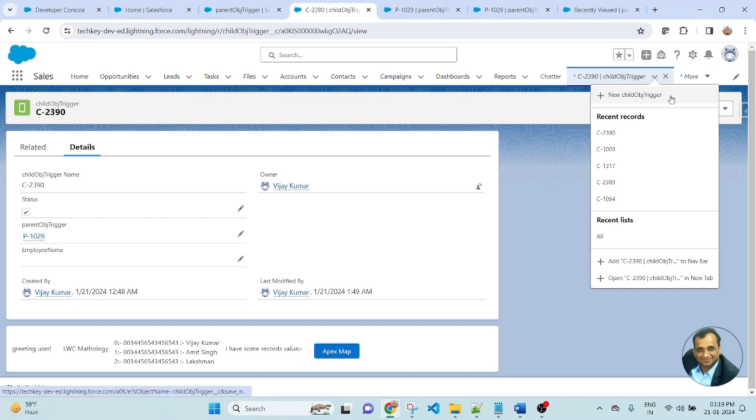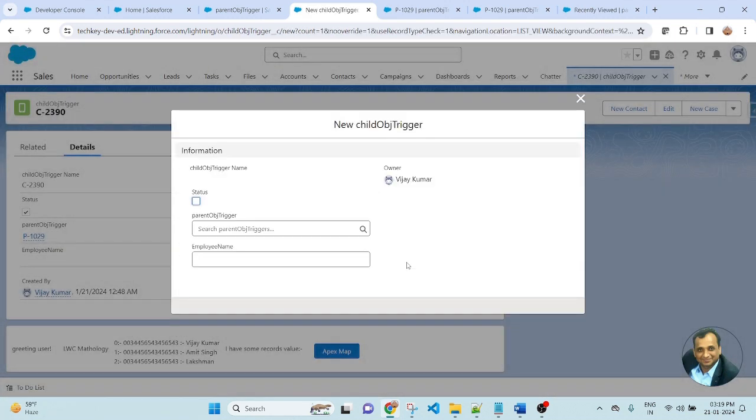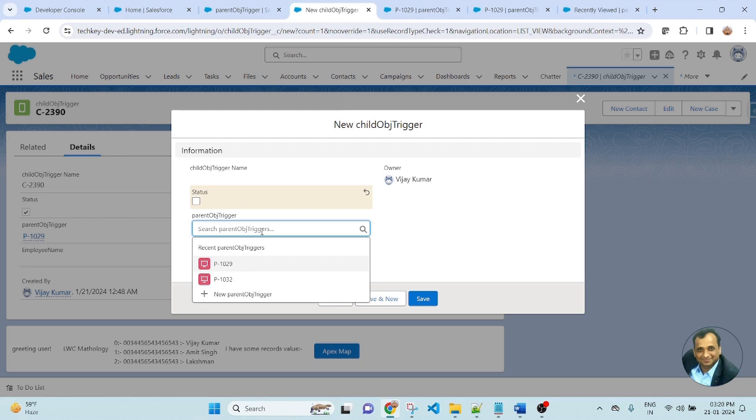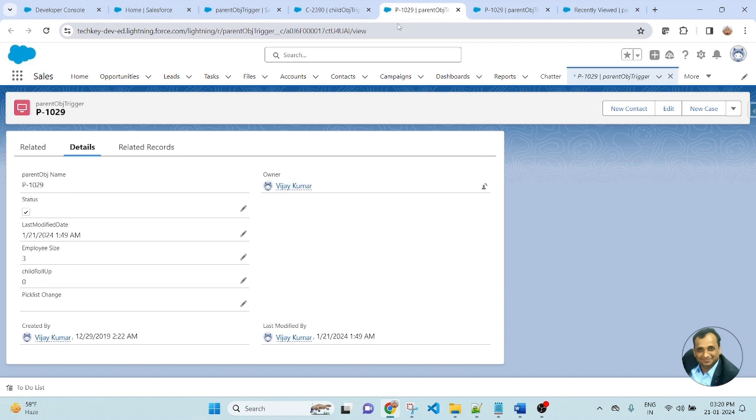Let me create a new record of the child record. So this is the child record trigger. Let me create one record and select a parent object. Before creating a record, I am removing the value. Suppose that this is 1029.